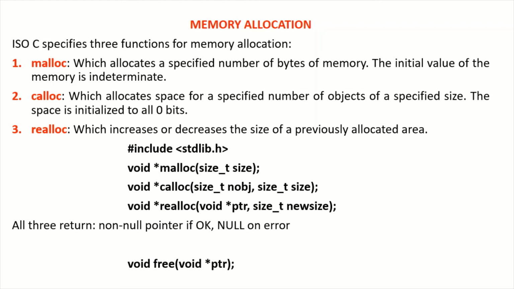The realloc function lets us increase or decrease the size of a previously allocated area. For example, if we allocate room for 512 elements in an array, fill it at runtime, but find that we need room for more than 512 elements, we can call realloc. If there is room beyond the end of the existing region for the requested space, then realloc does not have to move anything else.